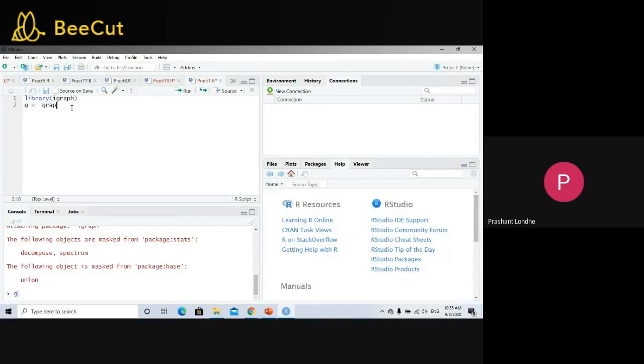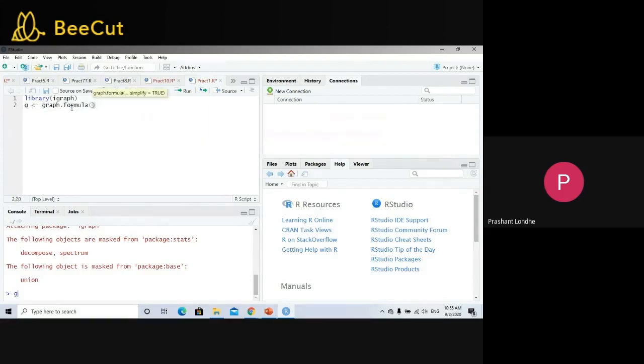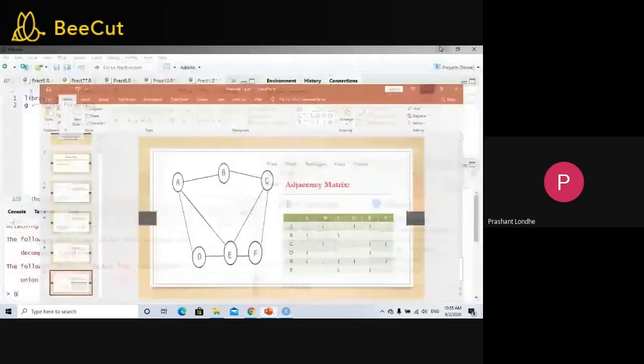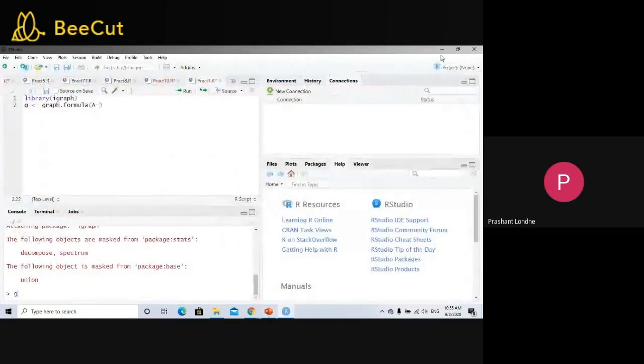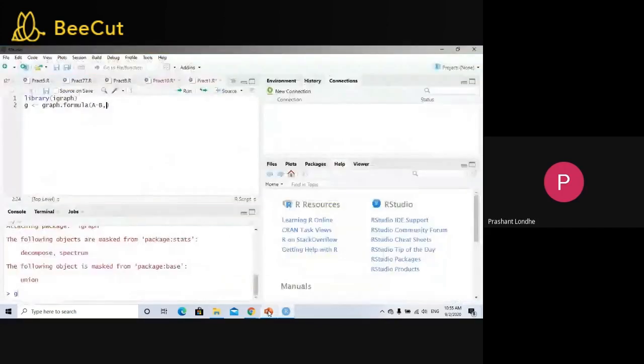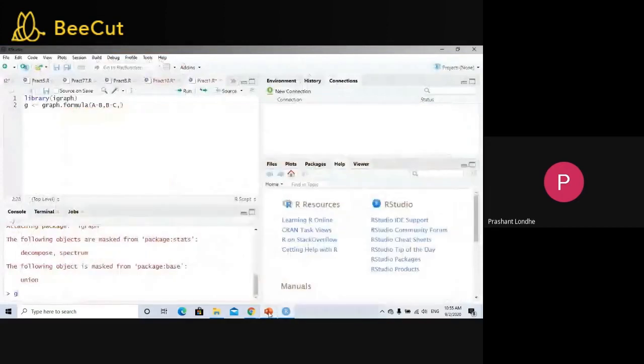So the graph function is graph.formula. Now you're supposed to specify the edges. Now A is connected to B. So I will write like this: A dash B, comma, B is connected to C. So it will be like this: B dash C. Then C is connected to F. It will be like this: C dash F.